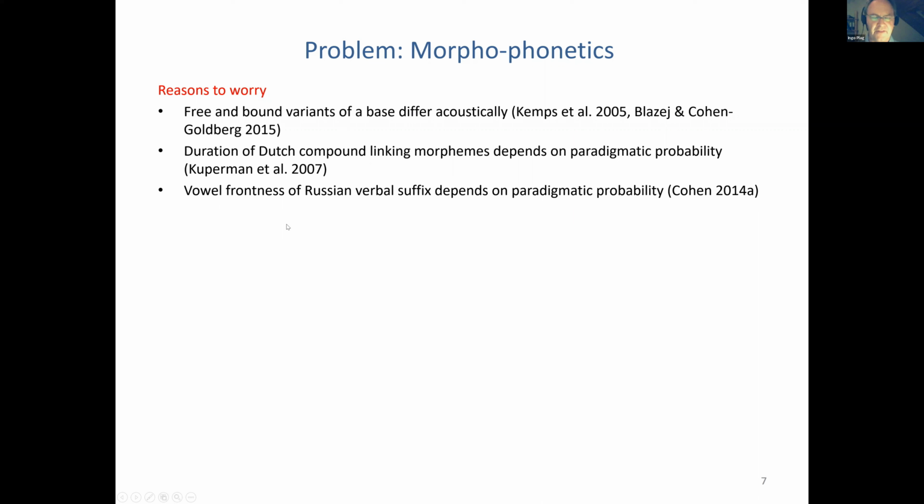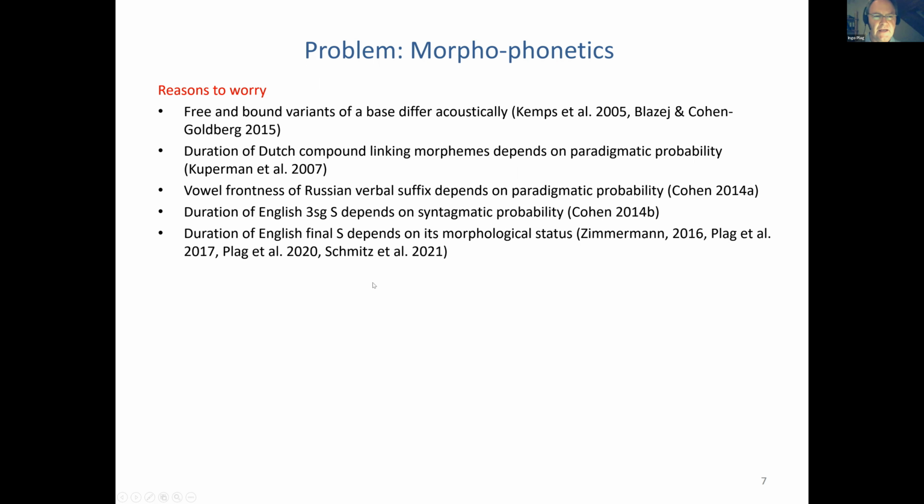Clara Cohen found that vowel frontness of Russian verbal suffixes depends on the paradigmatic probability of that particular vowel. So if it's more probable, it's pronounced differently than if it's not so probable. She also found that the duration of third singular S in English depends on its syntagmatic probability. The duration of English final S depends also on its morphological status, as we found out in many studies of